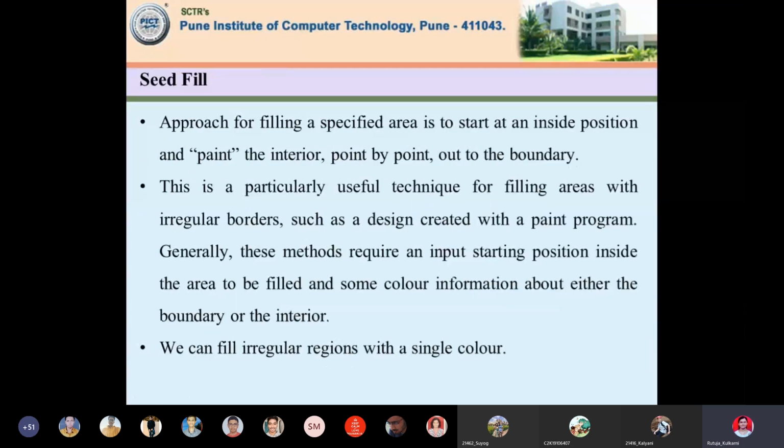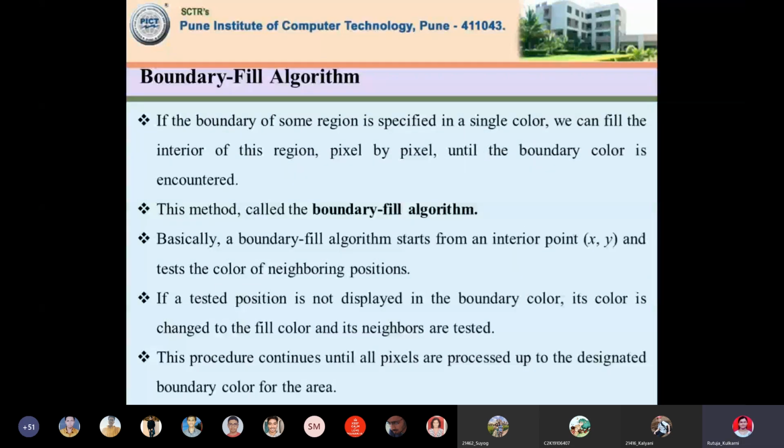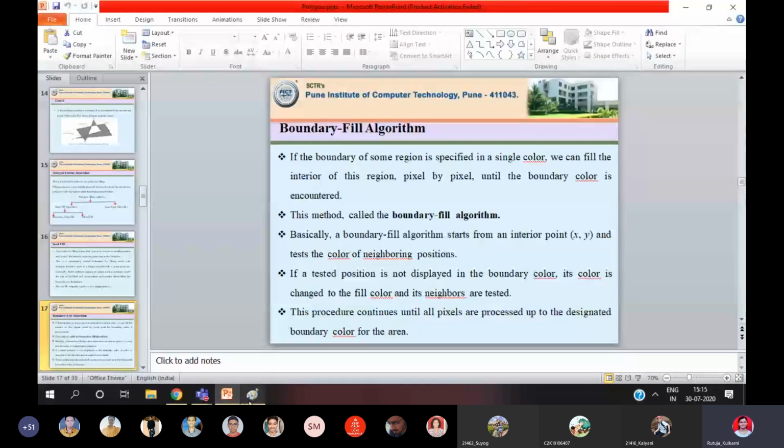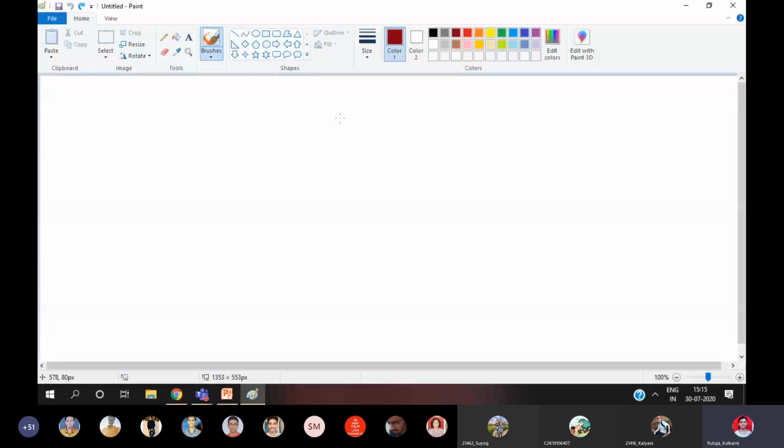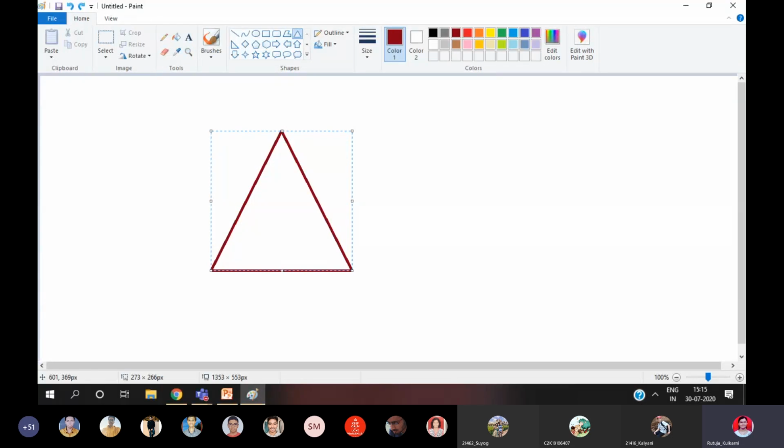Fine. Let's start with the first algorithm, that is the boundary fill algorithm. Let's understand this concept with the help of Paint. Say consider this is the triangle. This triangle, if you observe, I have drawn with a single color, say maroon, for the boundary of all the edges, like edge AB, edge BC, and edge AC.